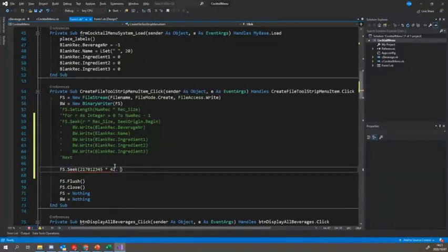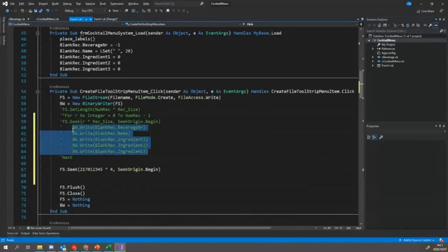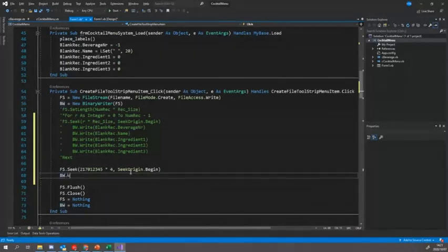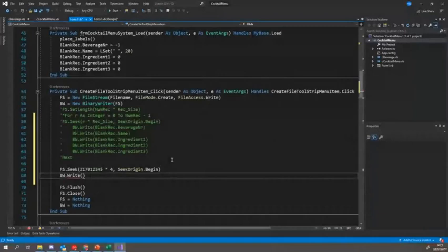Then we have the origin. So that would be the seek origin, where it's beginning, which is essentially the beginning of the file. The SeekOrigin.Begin, which says you're going to begin from the beginning. Now, in this case, we have our blank information that we want to write. So we're going to be writing that blank information for our student, just going to do this by hand so that you can see what the file structure will be once we have this specific output. So we're going to have the value